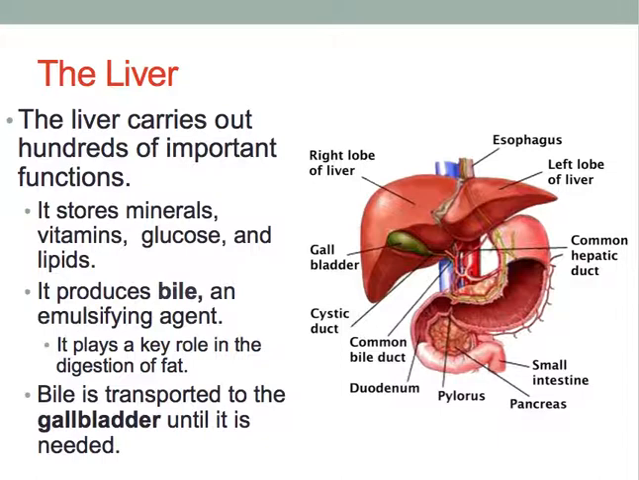The liver does a bunch of different things that's important for digestion. It helps to store some important nutrients like vitamins and glucose. It also produces bile, and bile plays an important role in the digestion of fat. Bile flow into the intestines could be blocked by something called gallstones, which are deposits of cholesterols and other materials